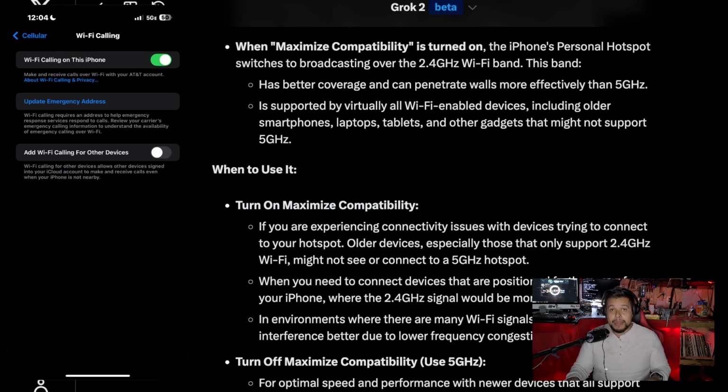If it is your first time, it's going to open up a web page and ask you to register your device, because it needs to understand your location. If you have AT&T, it's going to take you to the AT&T website. If it's Verizon, the Verizon website. And if it's T-Mobile, the T-Mobile website, and it's going to go ahead and